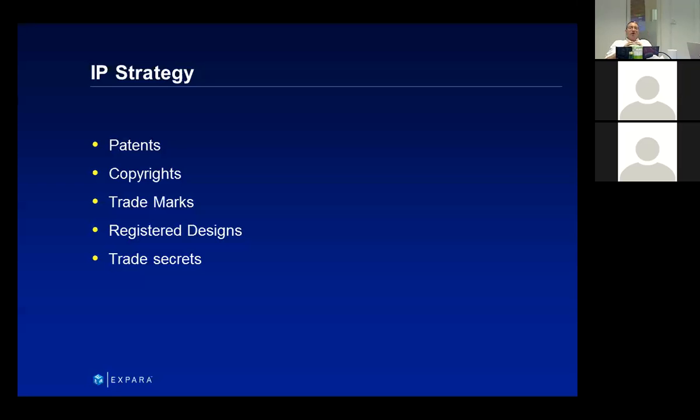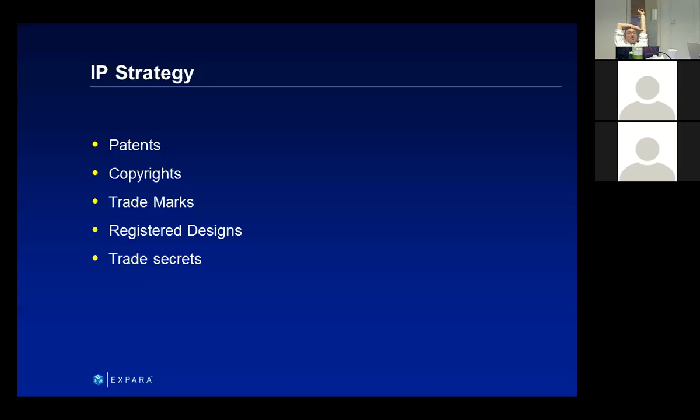Okay, and then trade secrets are protection of intellectual property by keeping it secret, which sounds funny, but actually this can be very useful. A lot of important intellectual property is protected by keeping it secret. Now, how do we enforce trade secrets? Contracts. Yeah, so this is different from the other forms of IP protection. Because the other forms of IP protection, how do we enforce? Government. Yeah, using the legal system, the justice system.